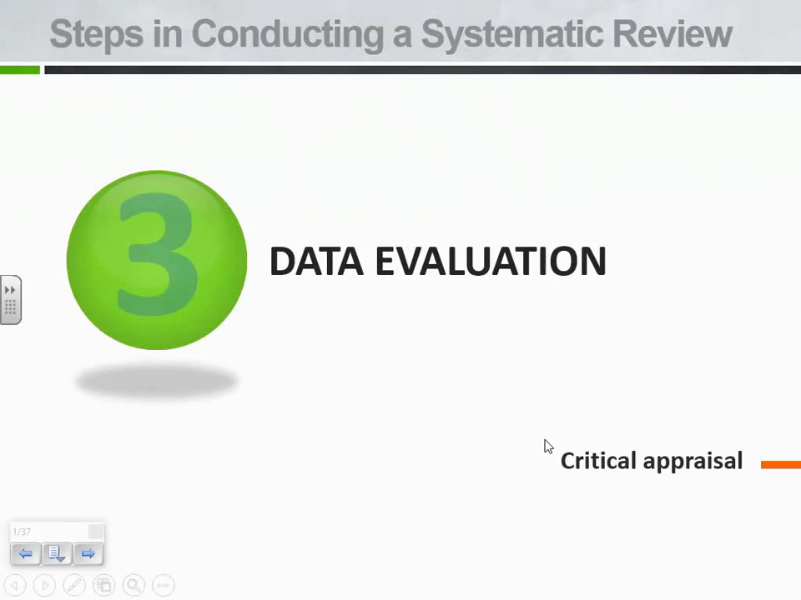Step 3, the data evaluation, critical appraisal. This is quite an important step in the systematic review process. The critical appraisal is a systematic process used to identify the strengths and weaknesses of each research article or document. This type of assessment is often used to make judgments about the usefulness and inclusion of the results in clinical